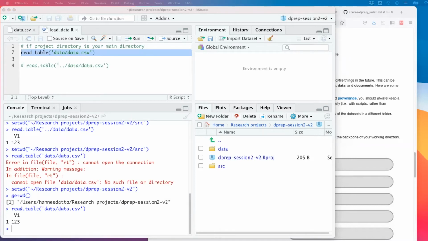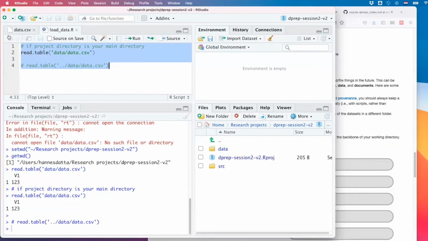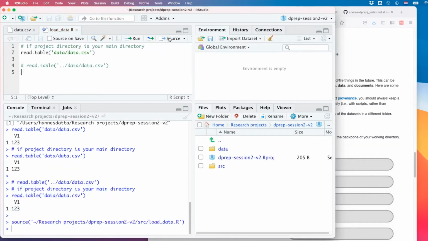Finally, I showed you how to interact with R, such as you write source code and you can select it either with your mouse or just Control-A and run it. If you want to run your entire source code, you can also use those buttons by clicking on run. Or if you're tired of seeing what happens on your screen, you can click on source, and it'll run in the background and you don't get any output.